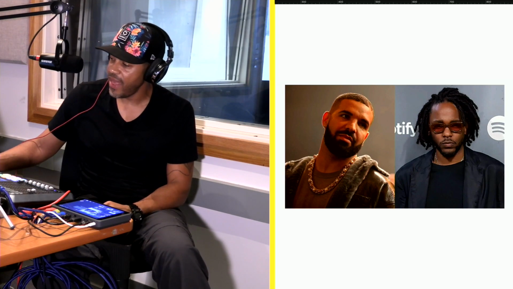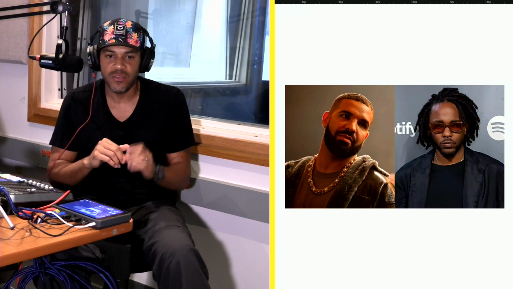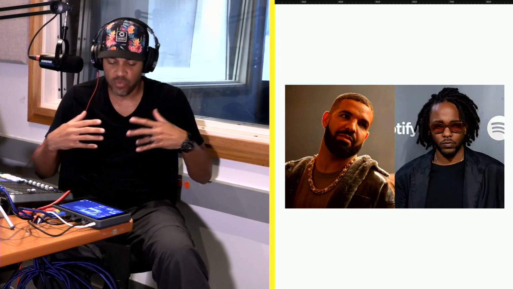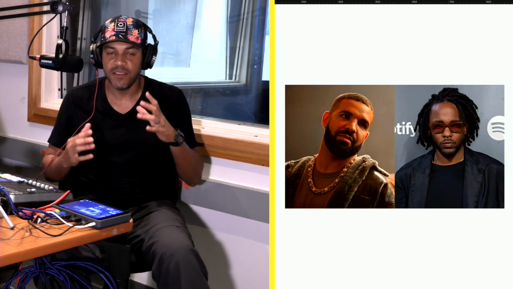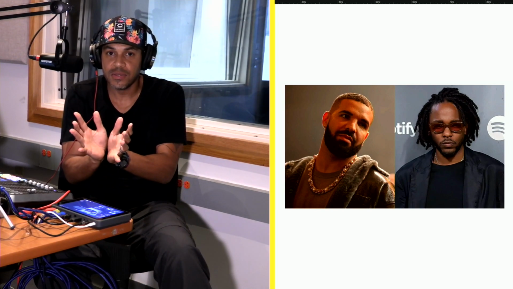Like, to look at it from that aspect, because we know both of these dudes have handlers. I call them handlers, but they have agents, they have people around them, they have labels. Kind of like, what you should do. You got your boys, what you should do. You should do that. You should do that. And maybe chill here, cool there, go to this event, do this thing, write this verse. They have to dress like this, wear this chain, do this haircut. And it's just like, all because these people, their success feeds people.